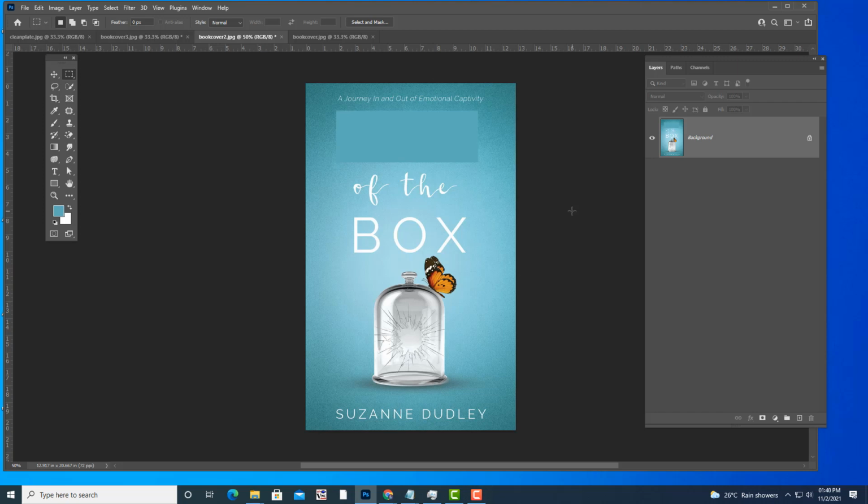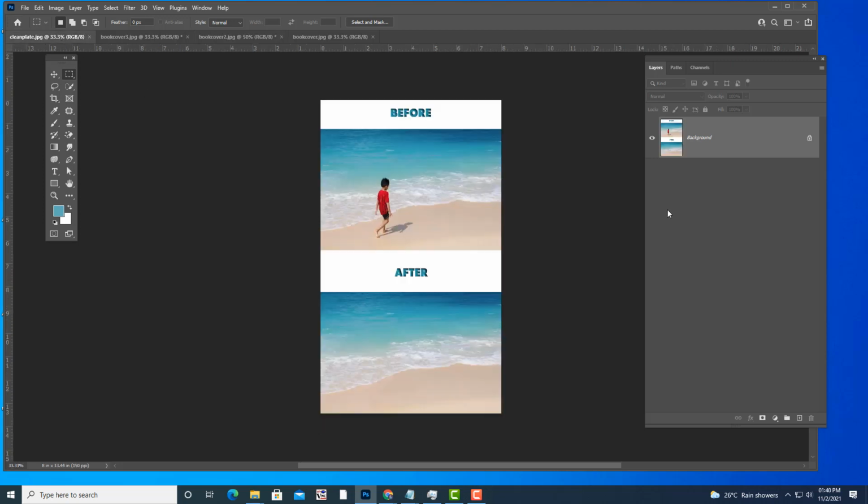So for that we have to use a cleanup tool. We will use the first cleanup tool, which is used for clean plating. I think most of you here are in VFX, so you have to remember these terms. Clean plate means removing certain unwanted elements or objects from our image.